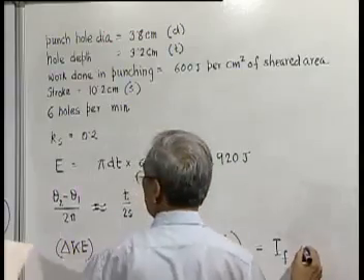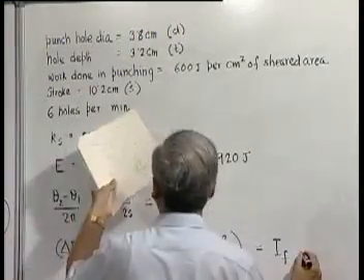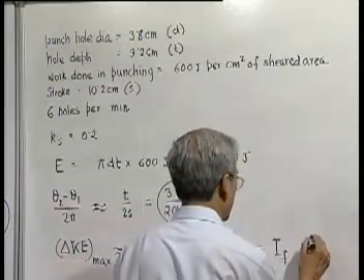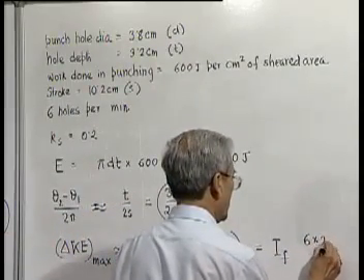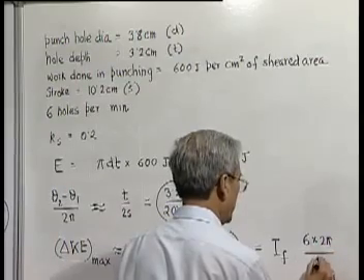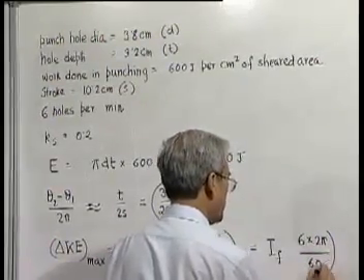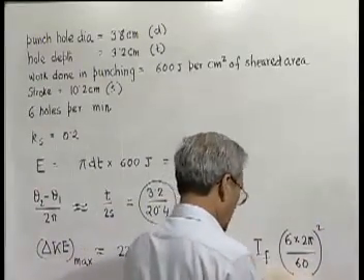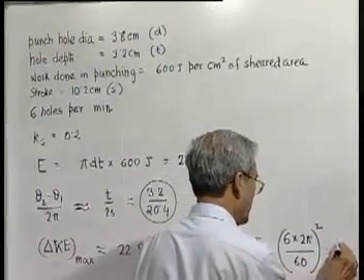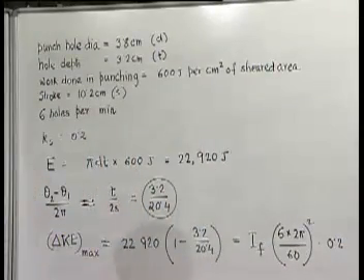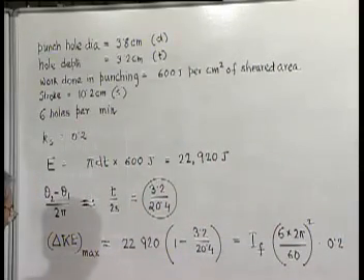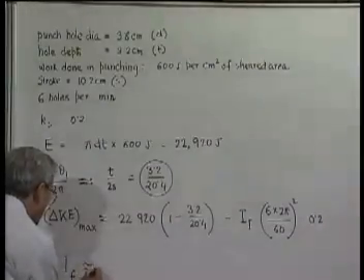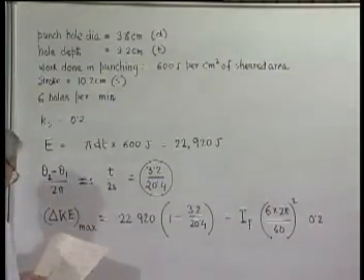Average omega we can find out because it is 6 holes per minute, that means 6 rotations of the crankshaft per minute, that is 6 into 2 pi by 60, so many radians per second, squared, into Ks, which is 0.2. And from this, if we calculate the required flywheel moment of inertia, it will be